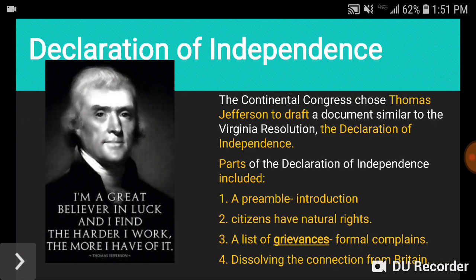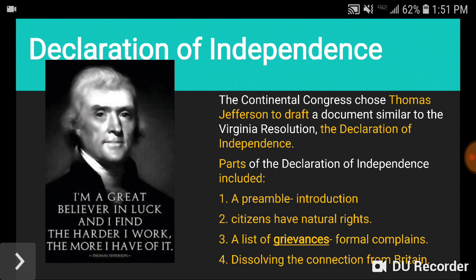And it starts with the Continental Congress again. So again, the same group that said, let's choose Washington as our general, let's print money, and let's also train militias. The Continental Congress is going to meet, and they're going to choose Thomas Jefferson, a Southern plantation owner, to draft the document called the Declaration of Independence. Now, this document is not just like a short response. It's not like a short little essay. It's a very detailed, very word-specific account of what the colonists thought should happen and why they were declaring their independence from the country of Great Britain.